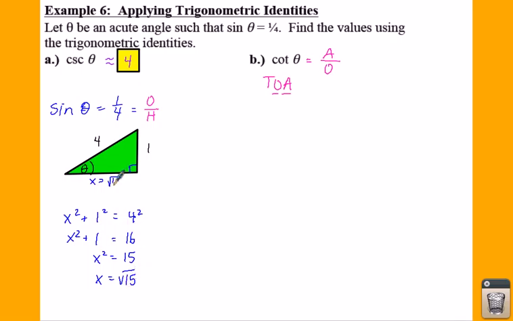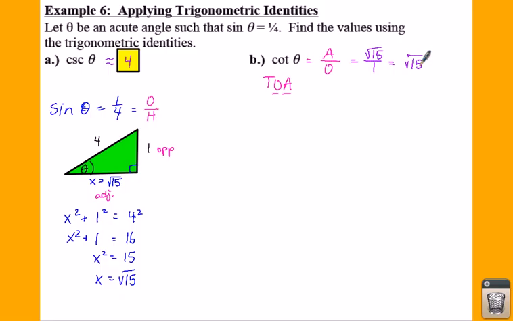So x is radical 15. This is also your adjacent side, and 1 is going to be your opposite side. So if we're looking for our adjacent over our opposite, we're going to say that is radical 15 over 1,